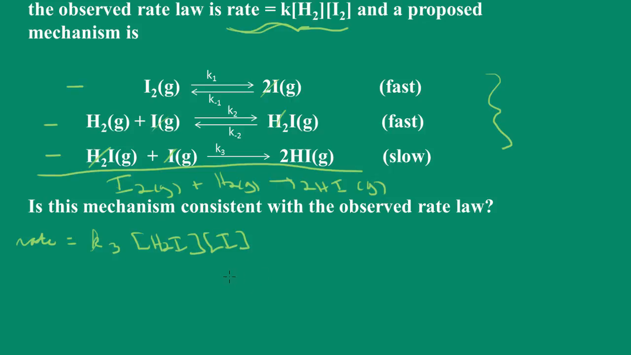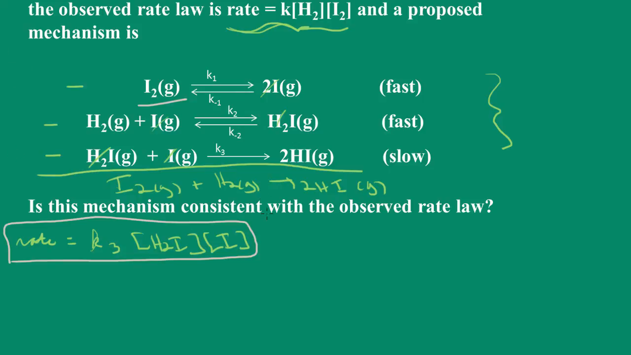Well, we have a bit of a problem here because we know that the rate law must be in terms of reactants and not in terms of intermediates. These are intermediates. How do we know? Well, an intermediate is generated in one step of a mechanism and consumed in another step. So we can't have our rate law in terms of intermediates. Let's work with the first step,